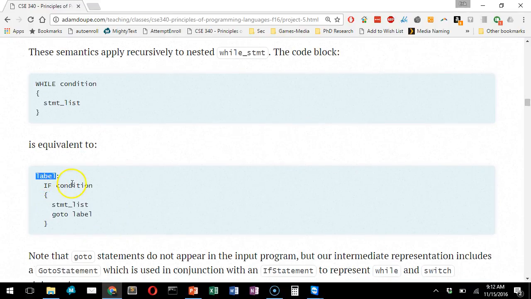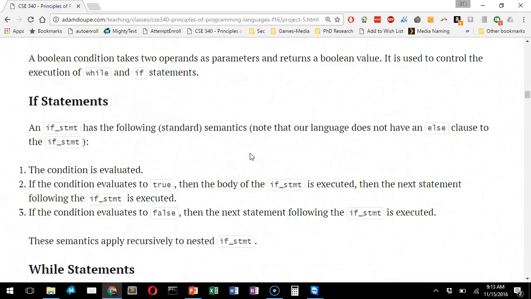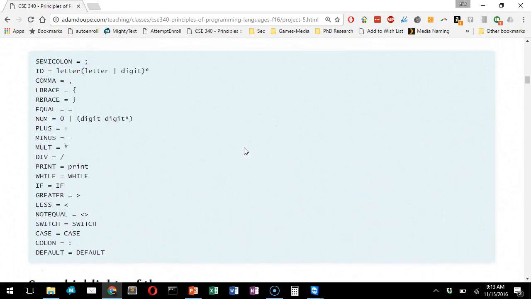So you have a label, an if condition, it goes through, and then it goes to label, so it hits this if condition again. If it were to hit else, it would come down to here, and it would exit out. But this goto, we do have a goto construct. Keeps you going like this. Keeps you going back that way till that condition's not true anymore, and then you exit out. But it takes you back up to the label. Just a little different, but the API's got some weird things that I'll just kind of expect you guys to figure out. One of the other weird things here